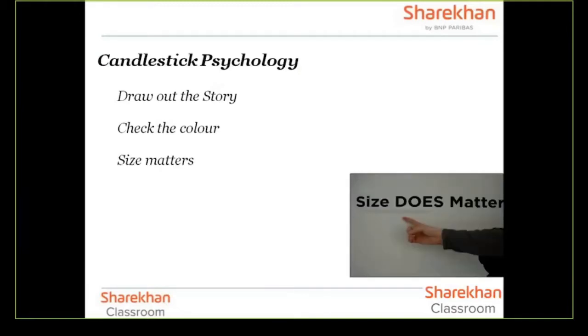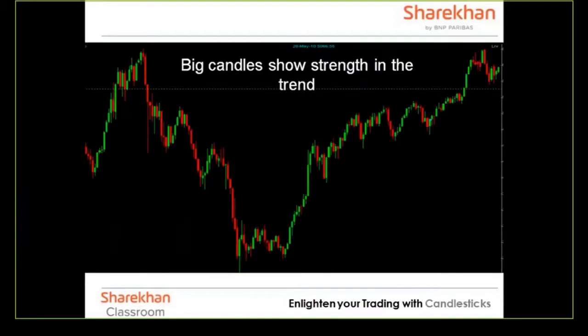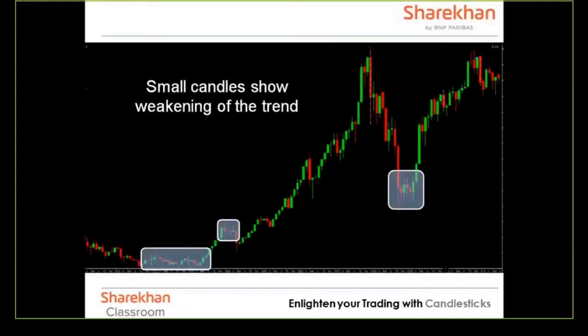Followed by that, it's the size. And ideally, this size is of the rectangular body and not the entire length of the candle. Big size real bodies in an uptrend with green color show you that the uptrend is very strong, whereas a lot of red candles with big size real bodies in a downtrend, as you can see here, would show you that the downtrend is very strong. So big candles show you the strength of that particular trend, whereas small real bodies will show you that the trend might be weakening. It might change afterwards, or it might continue after a while. But at that point in time, you would understand that the trend is weakening a lot.